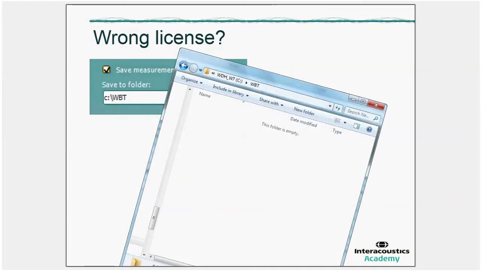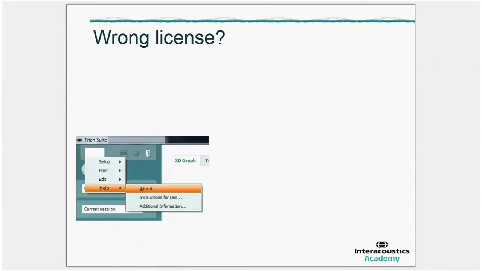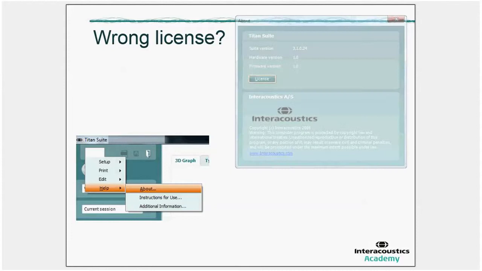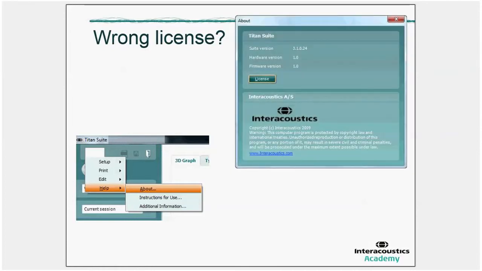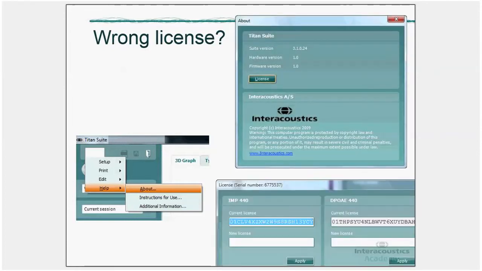To solve that, the easiest thing to do is, in the Titan suite, go to the menu, select Help, and click on About, and that will pop up a window with a license button. You click on the license button and another pop-up will appear which shows the licenses for all the modules. If you copy the current license from the tympanometry module and send that to us, then we can immediately recognize from that license if the research option was included or not,